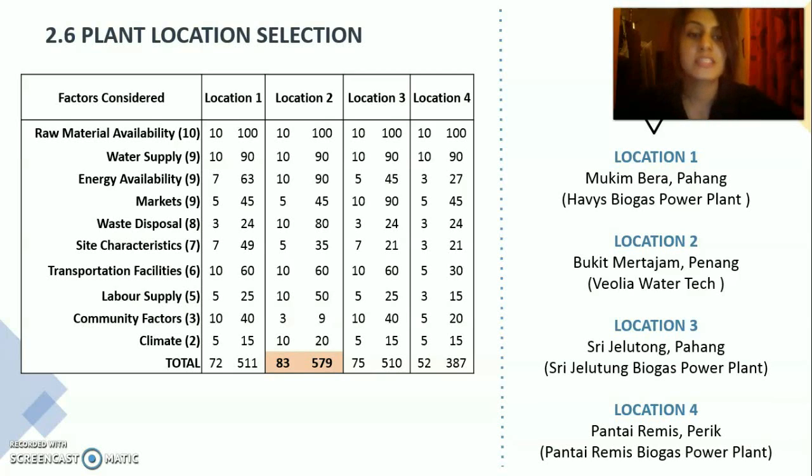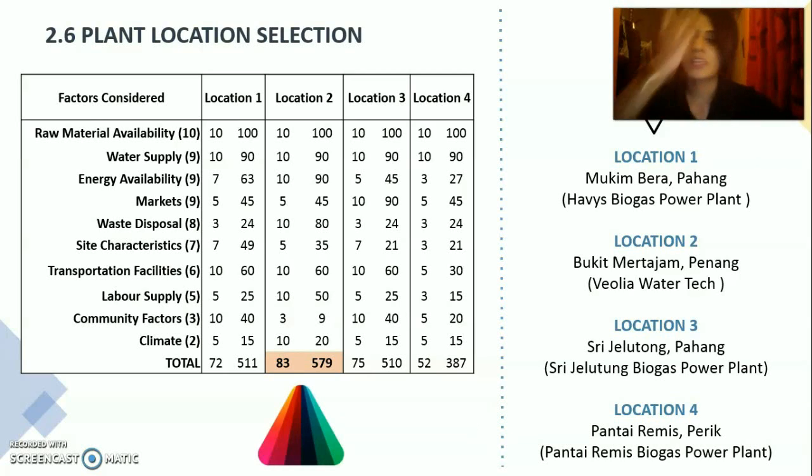So the 4 locations that we have compared will be the Mukim Bera Pahang, which is near the Heavies Biogas Power Plant 1. The location 2 is Bukit Mertajam Penang, which is near Veolia Water Tank. Location 3 is Sri Jelutong Pahang, which is near the Sri Jelutong Biogas Power Plant. And the last location will be Pantai Remes, which is at Perak, and which is near the Pantai Remes Biogas Power Plant. So as we can see over here, after taking these factors into consideration, location 2 has scored the